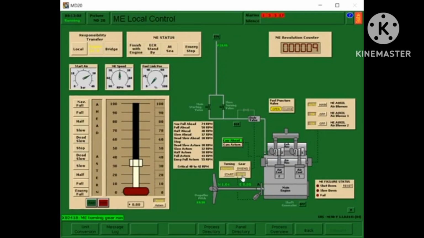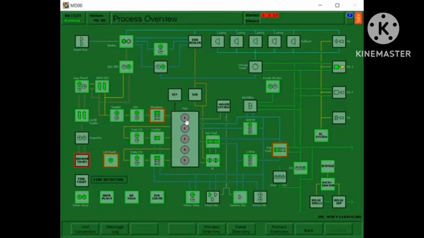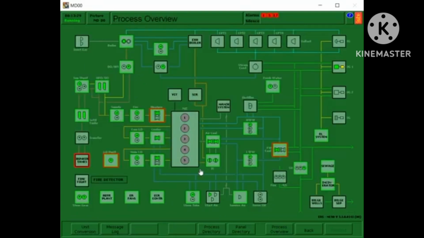We need to stop and disengage. So we need to turn it off, this 3 volt.